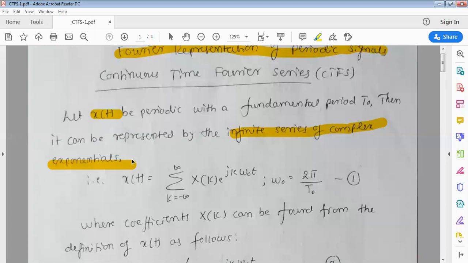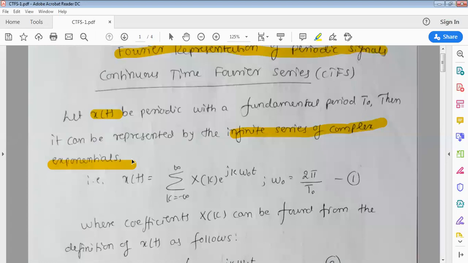Why should I do this process actually? See here, the basic idea behind this is, let us say you want to design a filter, a low pass filter for 1 kilohertz. What is the meaning? This filter will pass the frequencies up to 1 kilohertz. Frequencies means what? Sinusoidal signals only. Even though frequency exists for square wave, triangular wave, all those things, here it is the frequency of a sinusoidal signal which is 1 kilohertz, that is the meaning.